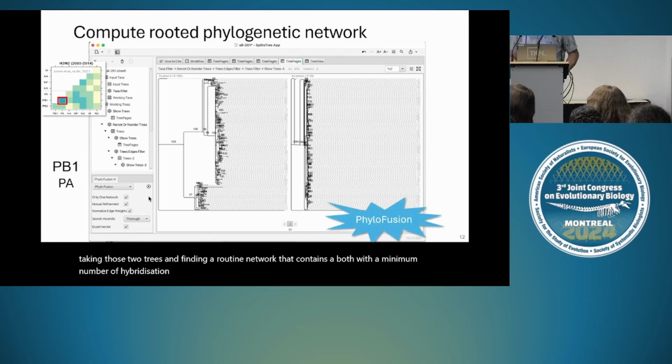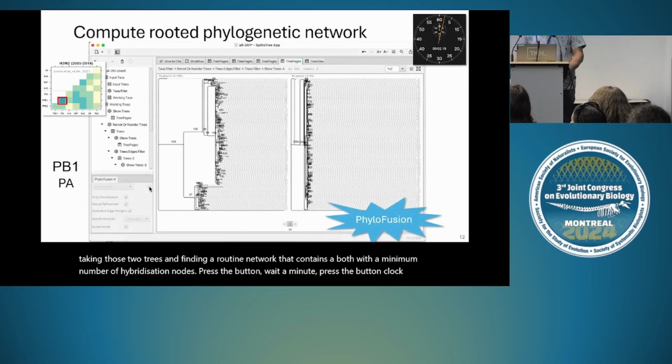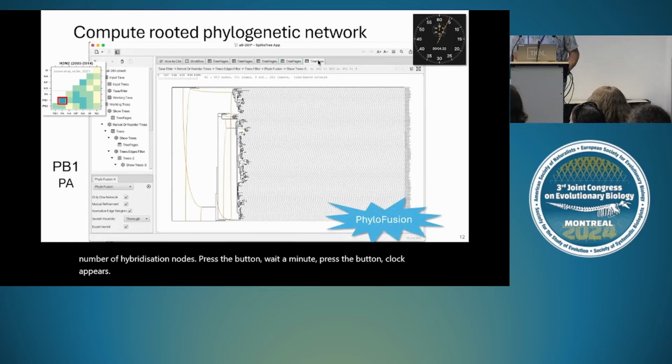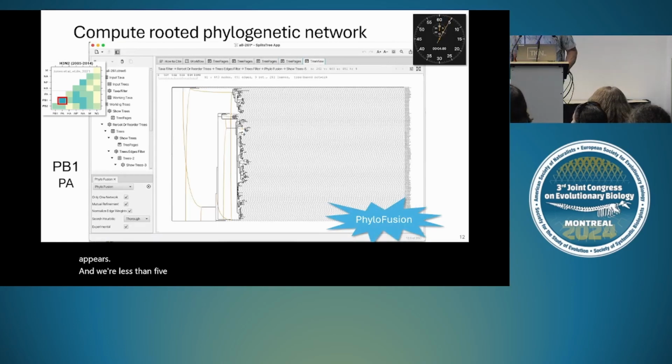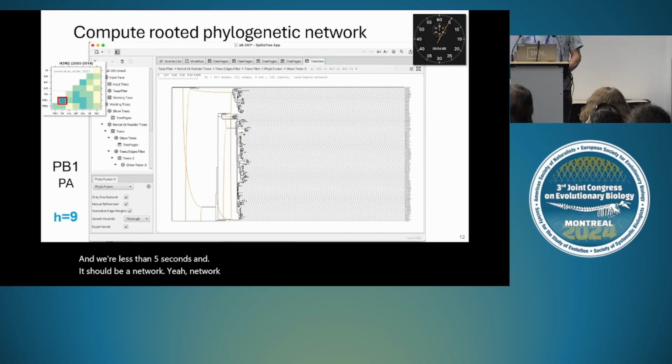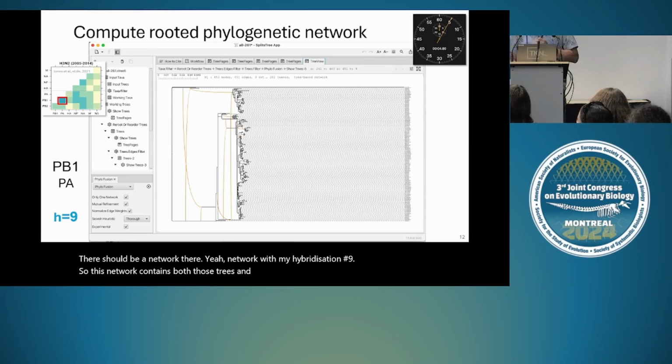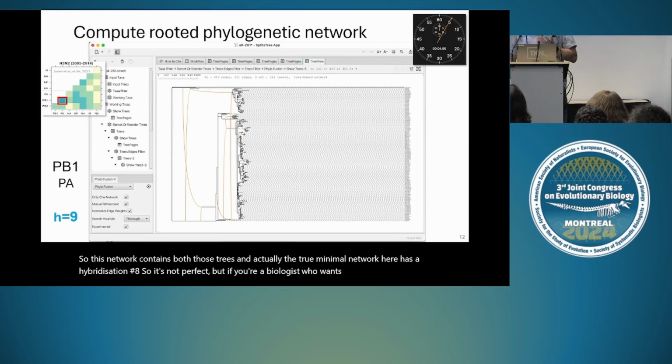Press the button. Wait a minute. Press the button. Clock appears. And we're less than 5 seconds. And there should be a network there. Yeah, a network with hybridization number 9. So this network contains both those trees. And actually, the true minimal network here has hybridization number 8. So it's not perfect. But if you're a biologist who wants to explore the idea of using networks on your trees,